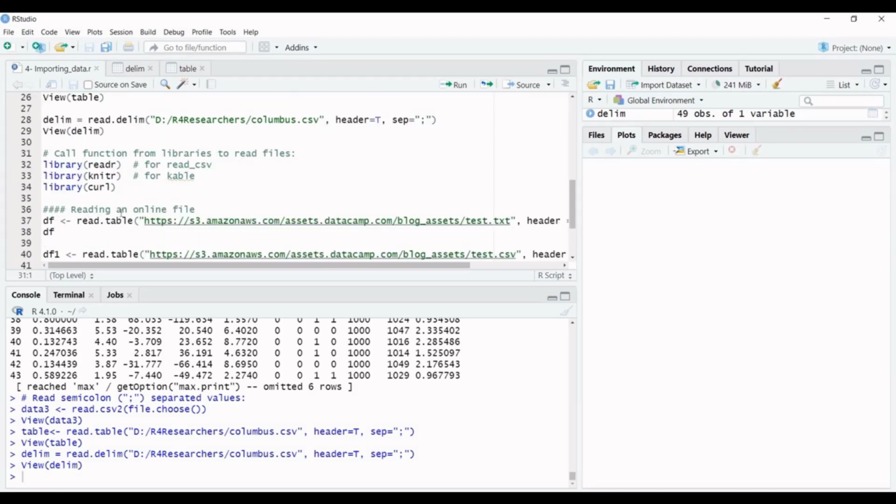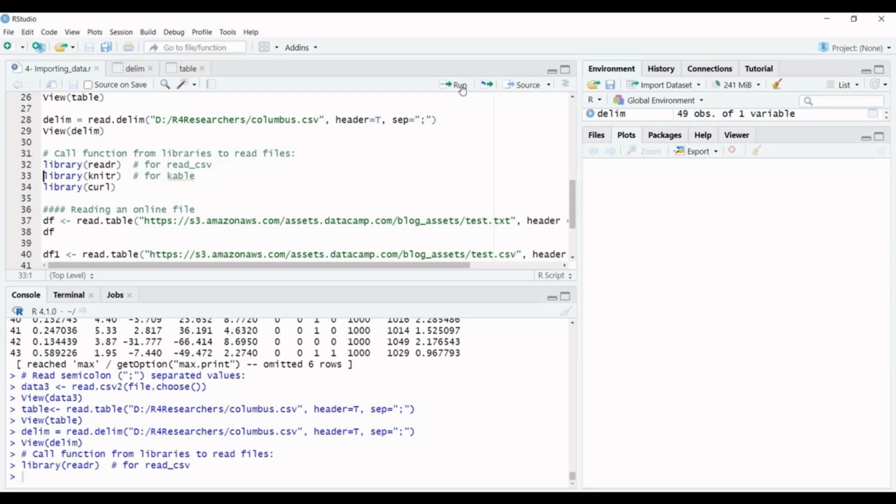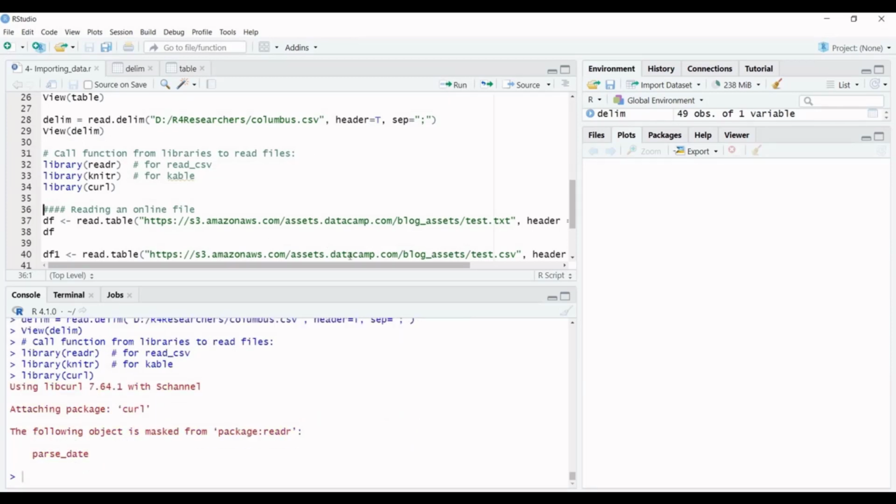We can also read online files. For reading online files, we need some functions in these packages. readr, RCurl, and curl should be installed. After that, we call them. For example, we open